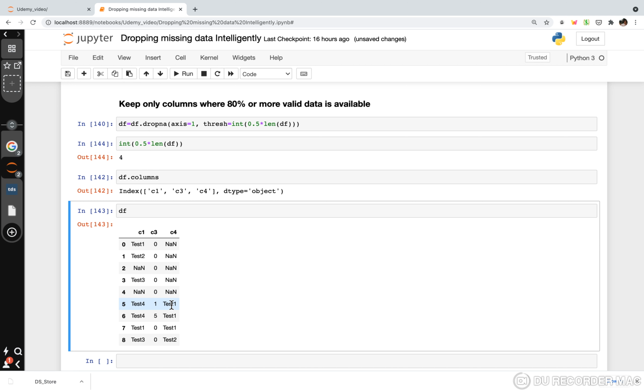That means four valid values. This column C4 has four valid values; that is why it is not deleted. C3 has all the values, so that is why it got selected. But C4 has only four valid values, and it is not deleted.